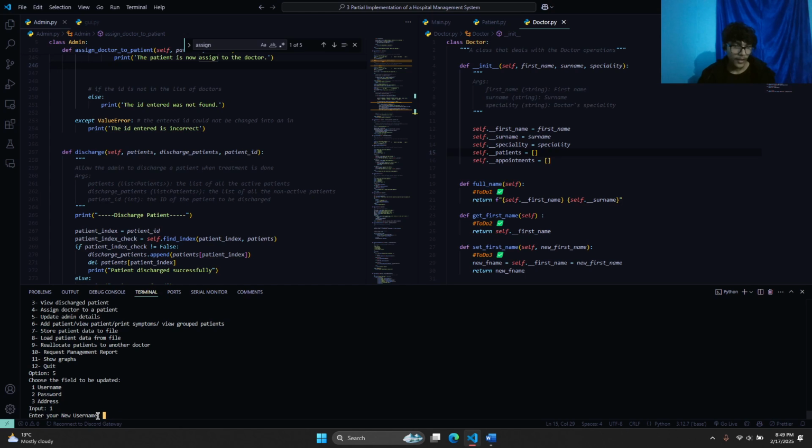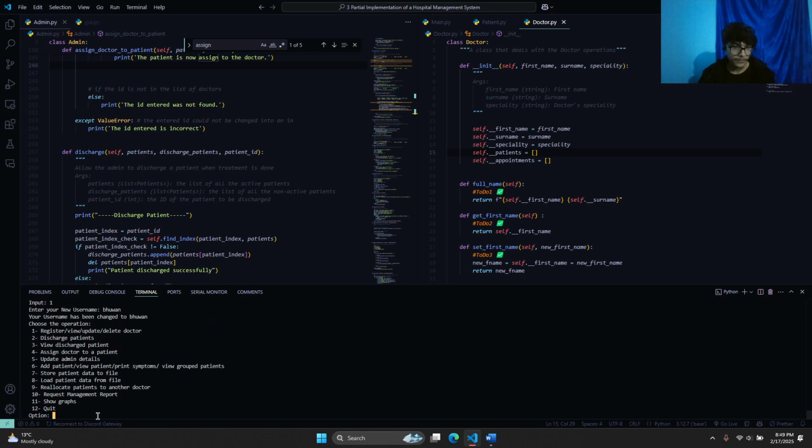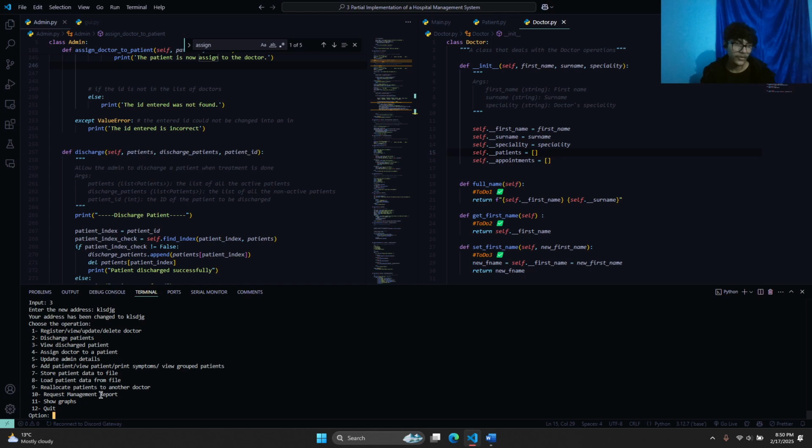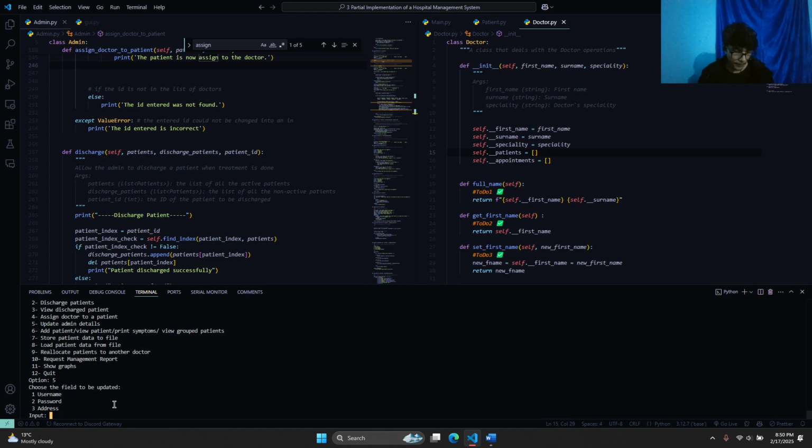If I press 1, I'll go with the one. Our username has been changed to one, as you can see. If we go with the password, let's go with the address first. If we enter the address, basically there is no use of address in the system. So yeah, here it is changed, and if we select password here, it will ask us for the new password, which I will enter